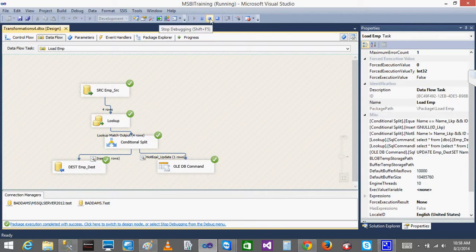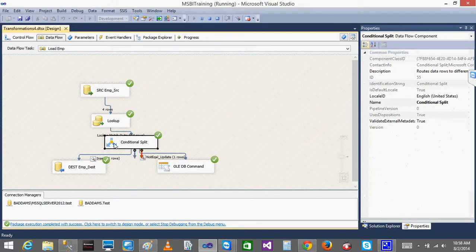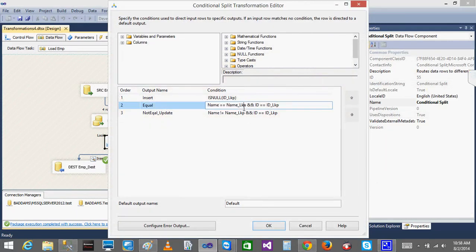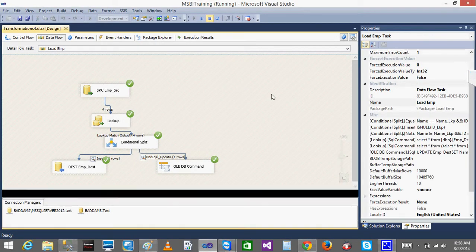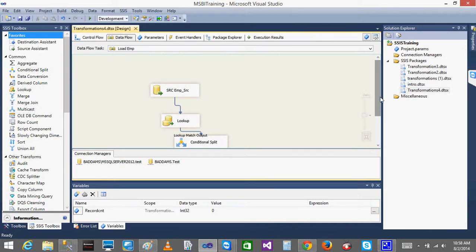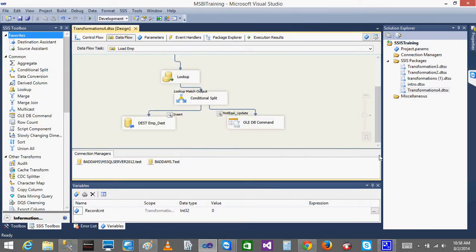So you will be using this concept anytime. Sometimes you may use it, sometimes you may not. Sometimes they don't want this condition to check. If the record is there, you just need to update it. Okay, this is a scenario. Now the same concept you can implement by using a slowly changing dimension. The same scenario I will be showing you by implementing the slowly changing dimension.